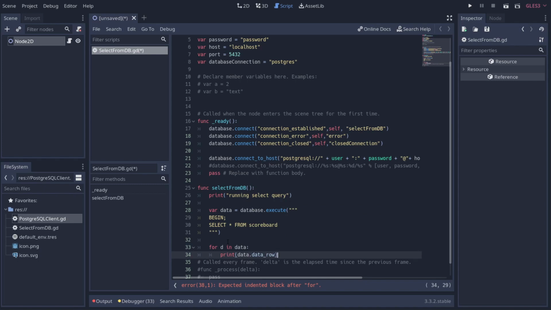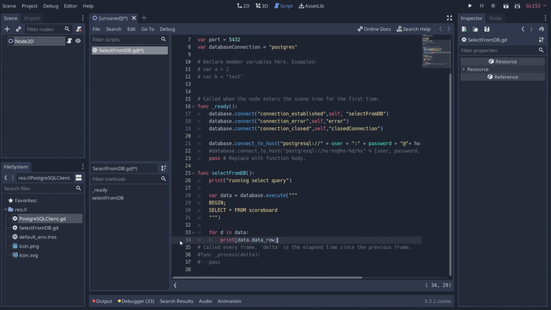And that will allow us to print out our data as we get through here. Now I'm going to go ahead and put a breakpoint here so that way we can see the data that comes back. And one last thing that we need to make sure that we do is we need to set up our database close. So inside of here, if we hit enter and go back one, so it's not part